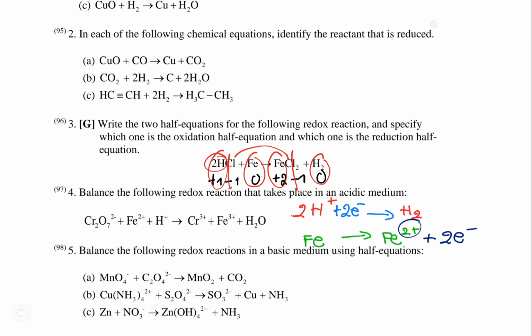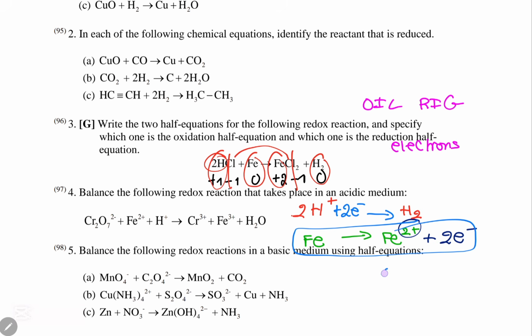Okay. So now here you have to pay attention. They're saying which one is the redox reaction, which one is the reduction reaction and which one is the oxidation reaction. You should remember this. Oil rig. We're talking about electrons in this case. So oxidation is the loss of electrons. Which one lost electrons? This one lost 2 electrons. So this is the oxidation